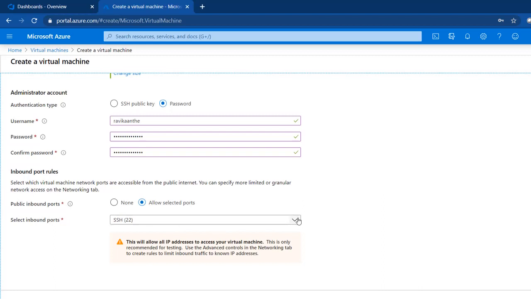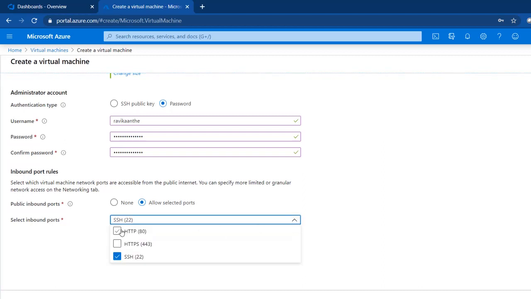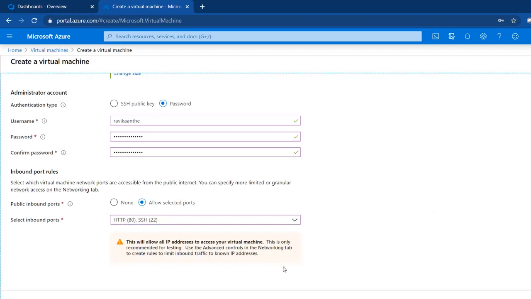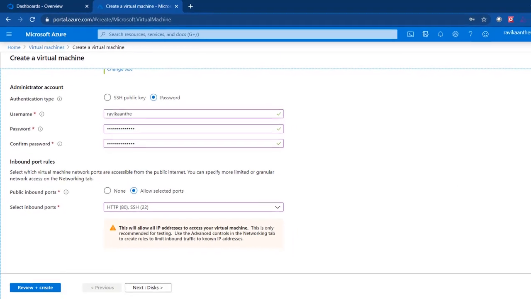For that, I have to expose this virtual machine to HTTP port 80. That is the reason I'm selecting inbound port HTTP 80 along with SSH 22. Port 22 is required for SSH, port 80 is required for my home network internet. I've selected both of them, and now the basic configuration is done.